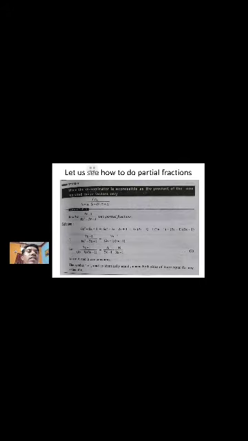So see one example, one question, which is type 1. Here we have 4 types. The first type is when the denominator is expressible as a product of non-repeated linear factors only. Suppose the question is like this: f of x by x plus a, x plus b, x plus c. But the actual question is, resolve 7x minus 1 by 6x square minus 5x plus 1 into partial fractions.